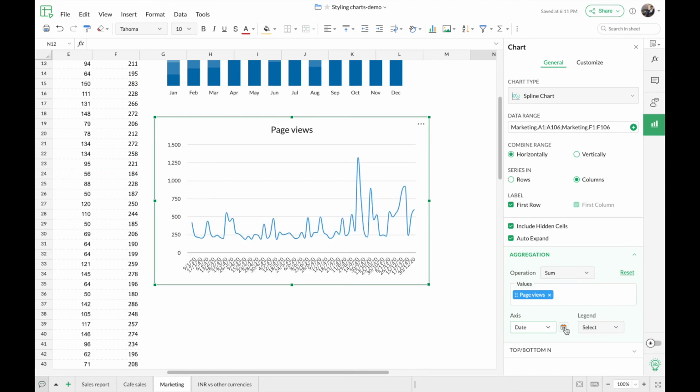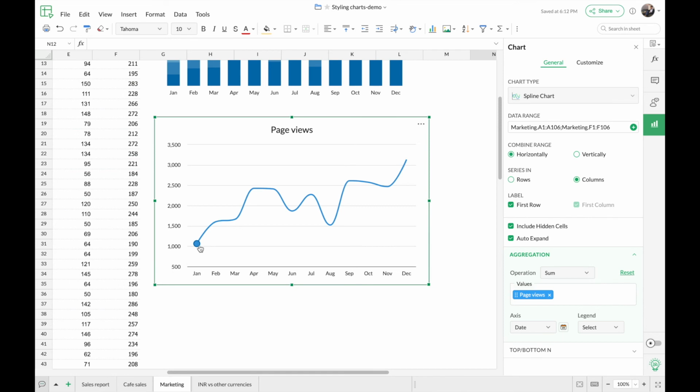And once I select the date, you can see a small calendar icon being shown beside it. And you can find the various categories or options by which you can aggregate the data. So here, since I want to aggregate it by month, I'm going to choose month here. So here on the left, you can see how the chart is more comprehensible now. So now this makes it easier for me to look where the data trend is actually going. So now let's get into the styling part of the chart here.